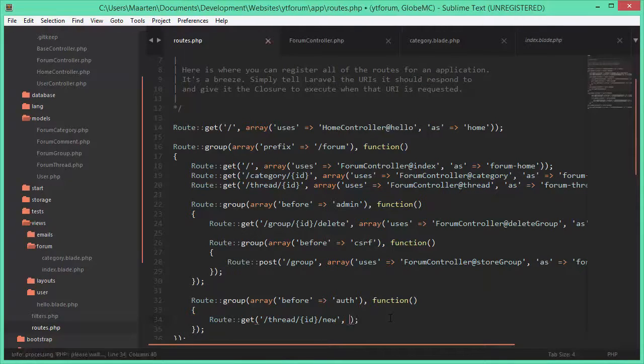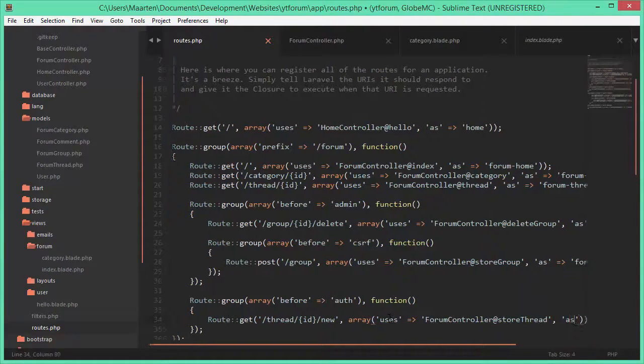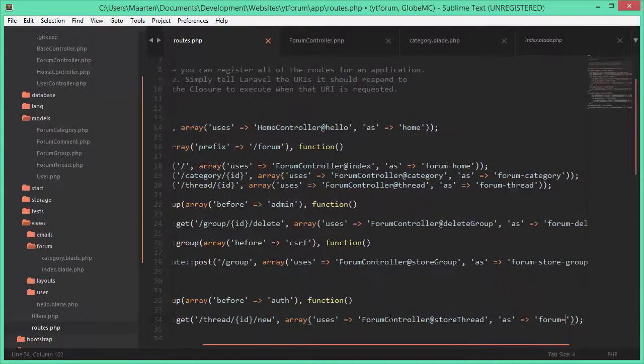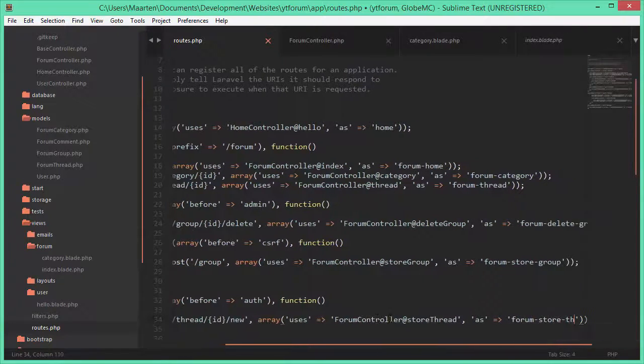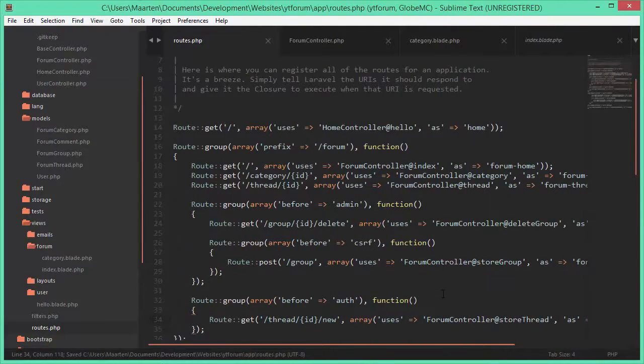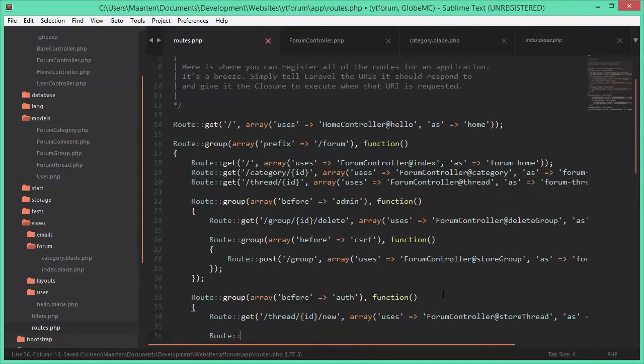And then let's add an array at the back which says uses forum controller at store thread as forum store thread, like so, and create another route group